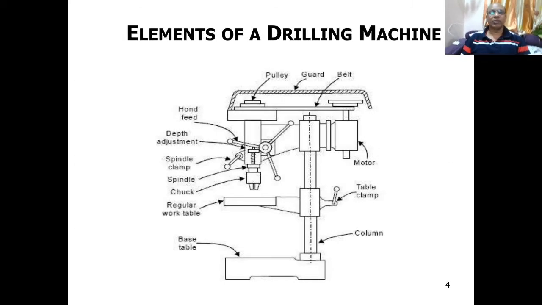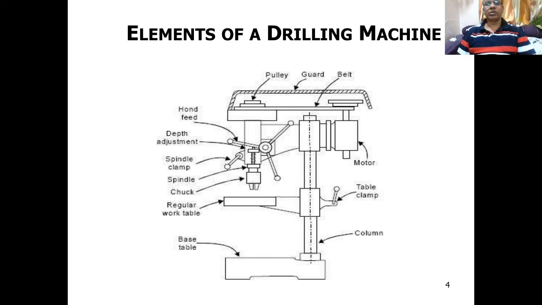The working principle of the machine is that when we switch on the power, the motor rotates. Thereby the spindle of that motor rotates, and the pulley on that spindle rotates, and it drives the other pulley which is mounted on the drill head. Since this pulley is mounted on the spindle of the drill head, the spindle gets rotated, and since the drill is held on the spindle by means of a chuck, the drill is rotated about its center, and the feed is given by this handle.